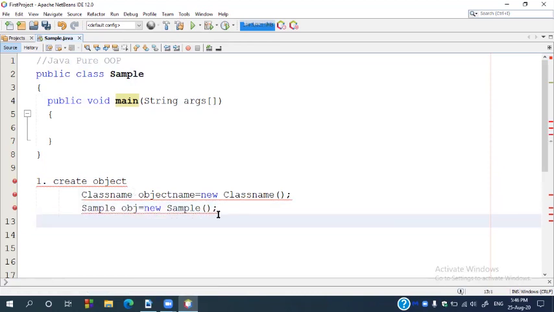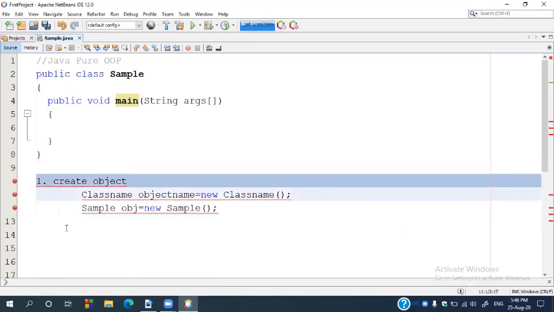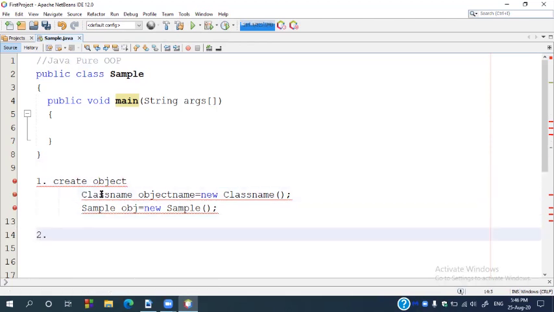If you want to access members of any class, whether data members or member functions, you have to follow two steps. The first step is to create an object, and the second step is to access members using the member access operator, also called the dot operator.